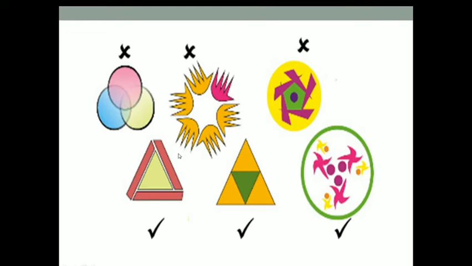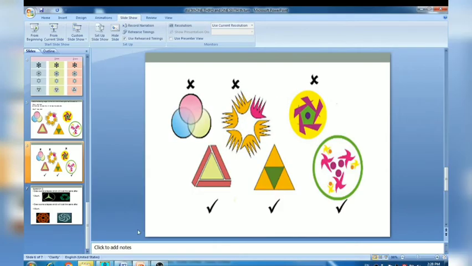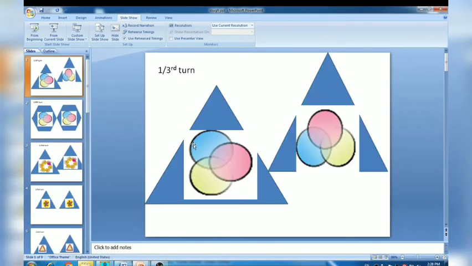Now I will show you how to do it. Look carefully. I have these figures. You can see how many figures there are for which we have to do the activity. Now look here, this is the 1/3 turn. According to the denominator, we have to choose a shape having three sides. Which shape has three sides? A triangle. Why are we taking a triangle here? Dear students, it will be easy to turn.